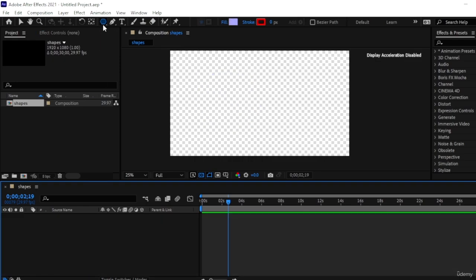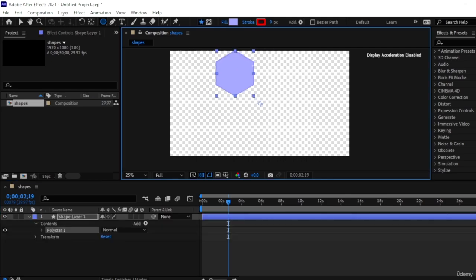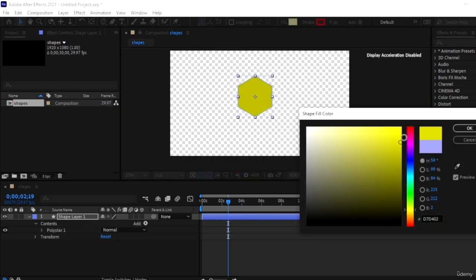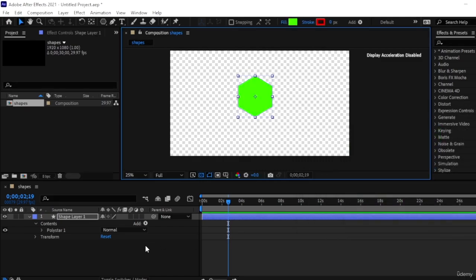Gonna hit Q again to go to my polygon shape. Now the polygon can be altered. There will be some options in the layers. So I'm gonna just hold down Shift to make a perfect shape. Let go. Hit V to drag it to the center. I'm going to choose a more vibrant color. All right, hit OK. Now if I go in Polystar 1,